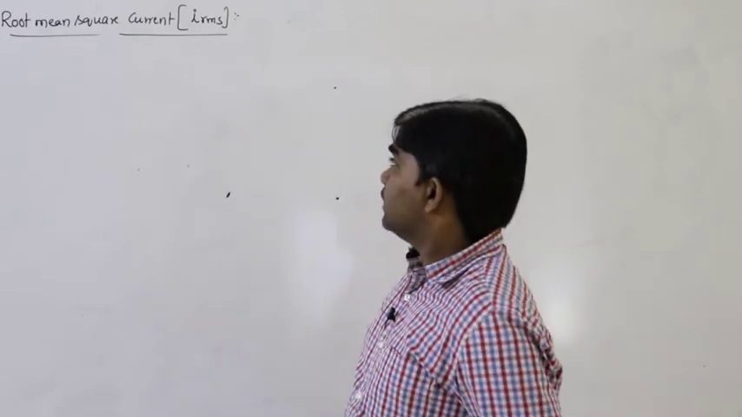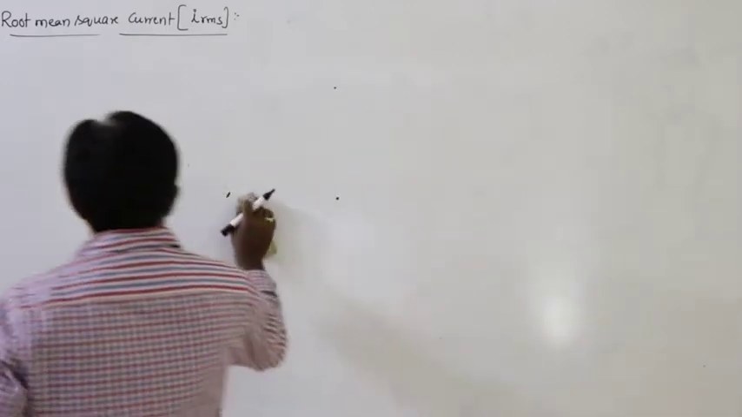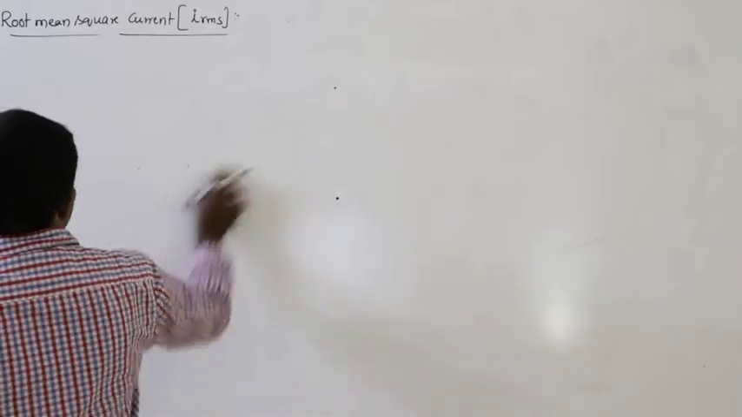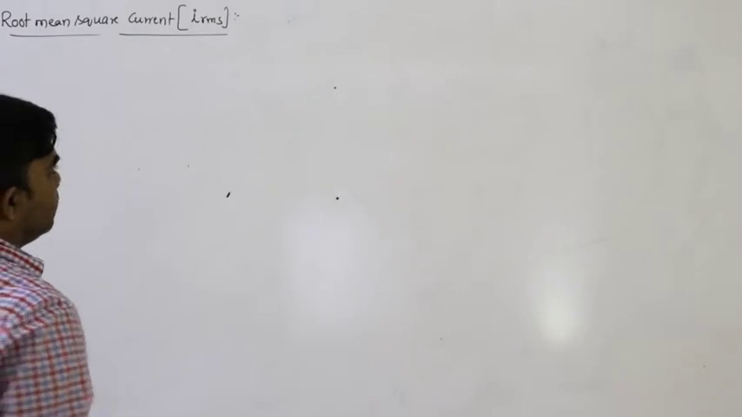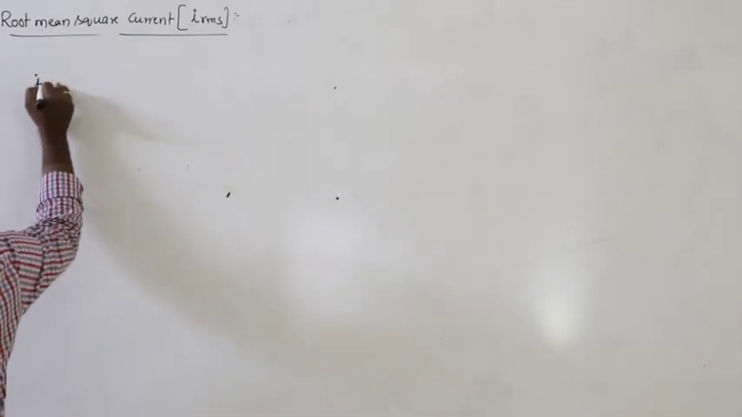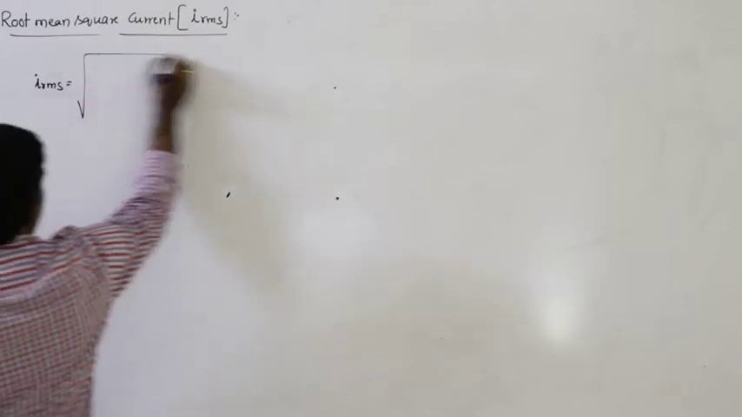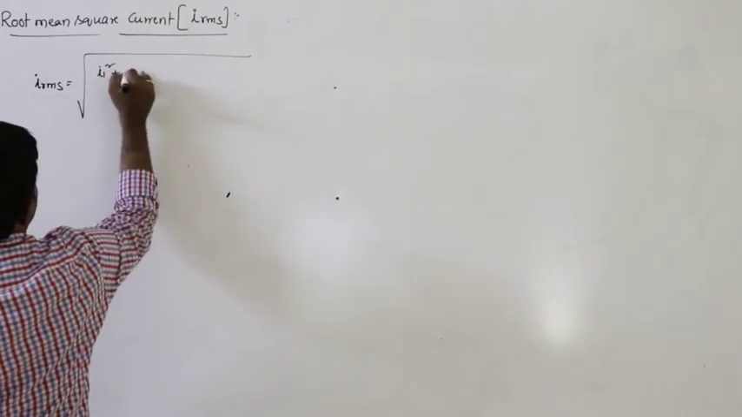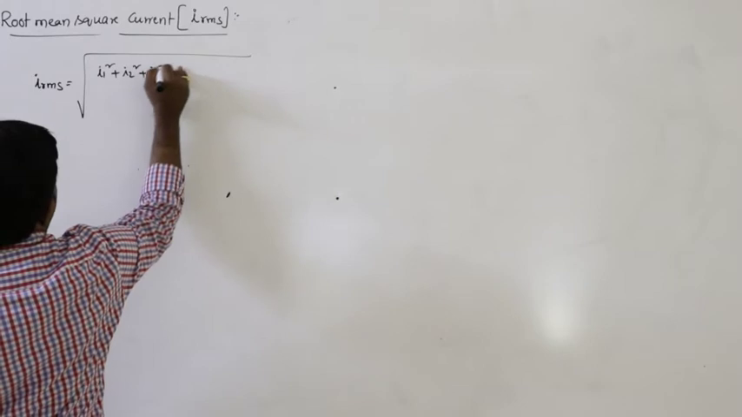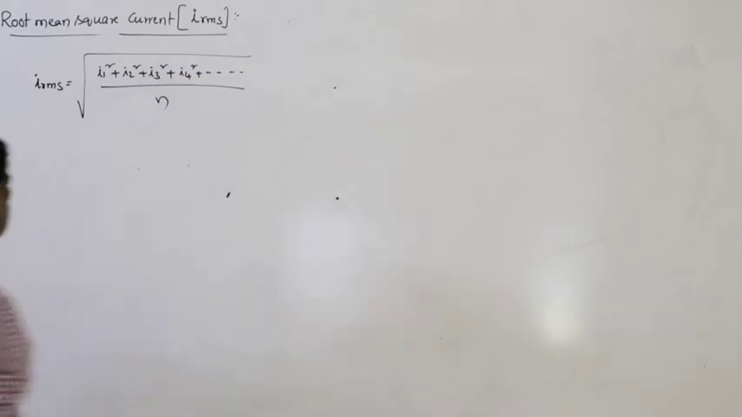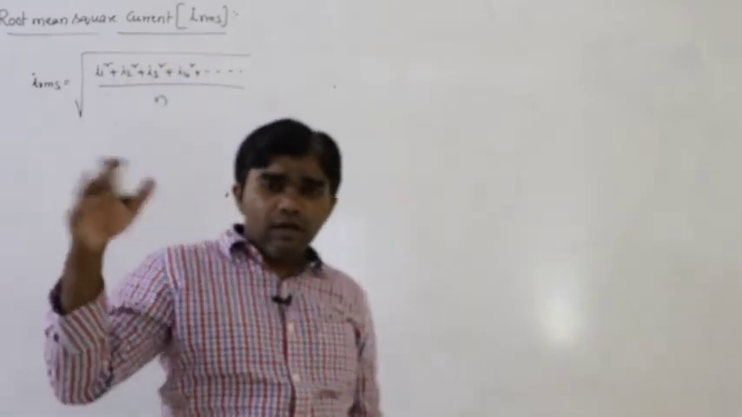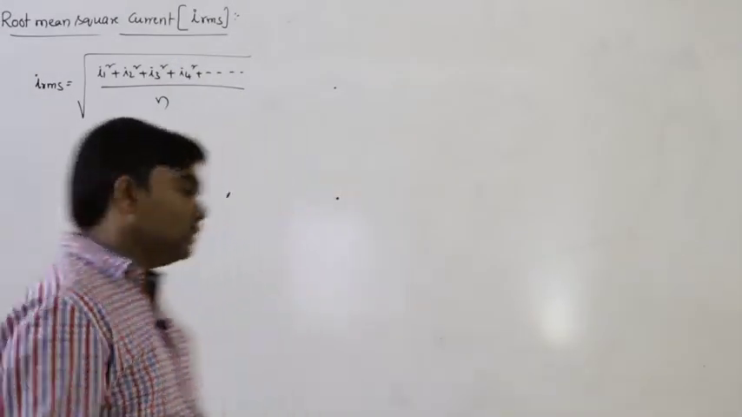So root mean square current, how can we discuss about this root mean square? Simply we can write it as IRMS is equals to under root I1 square plus I2 square plus I3 square plus I4 square plus and so on divided by N. Let us say I1, I2, I3, I4 are the different values of currents in the complete cycle, and remember that here